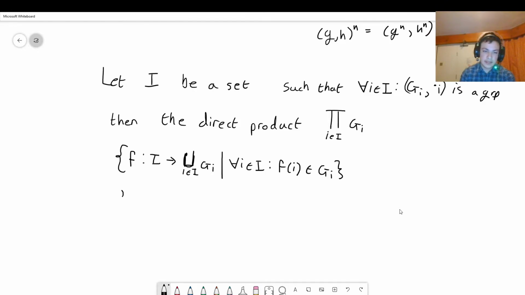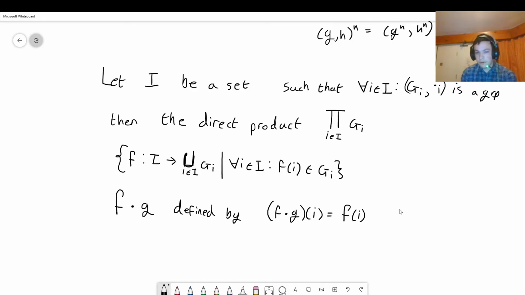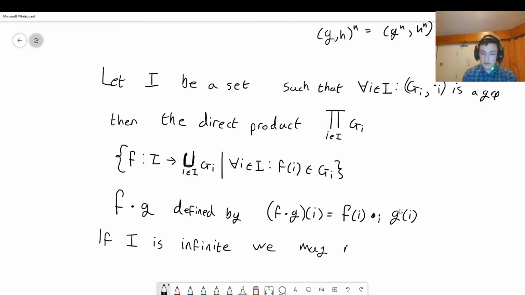And we have that f · g is defined by (f · g)(i) is just f(i) times g(i), so component-wise again. Okay, so we still have component-wise multiplication, and the indexing set here is arbitrary. However, if I is infinite, we may restrict